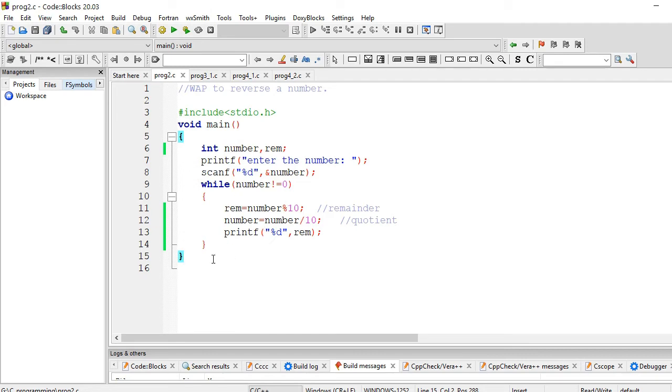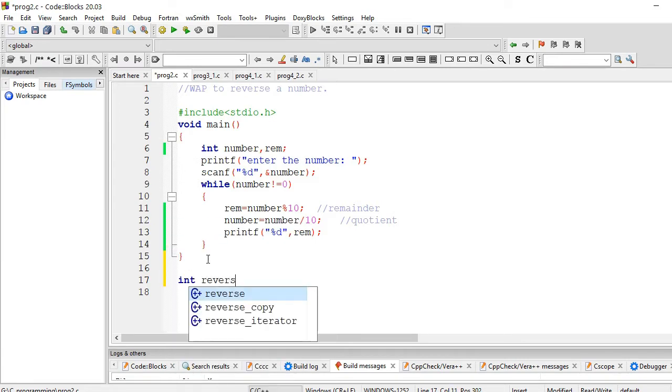Okay, so I can do one thing for you. I can declare a function reverse, maybe passing a number.